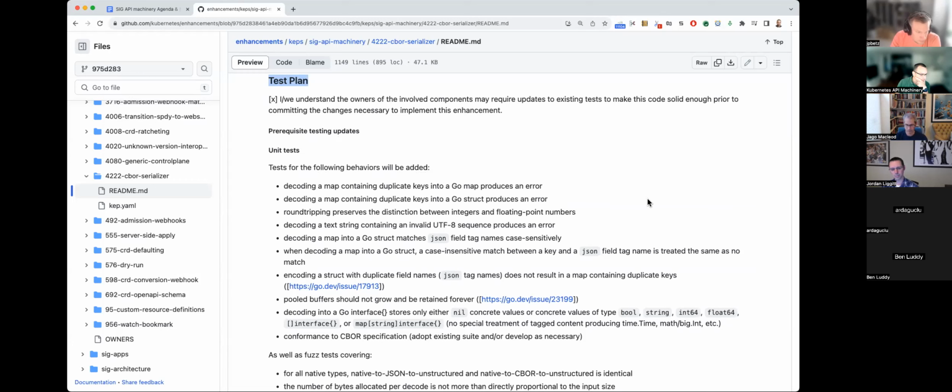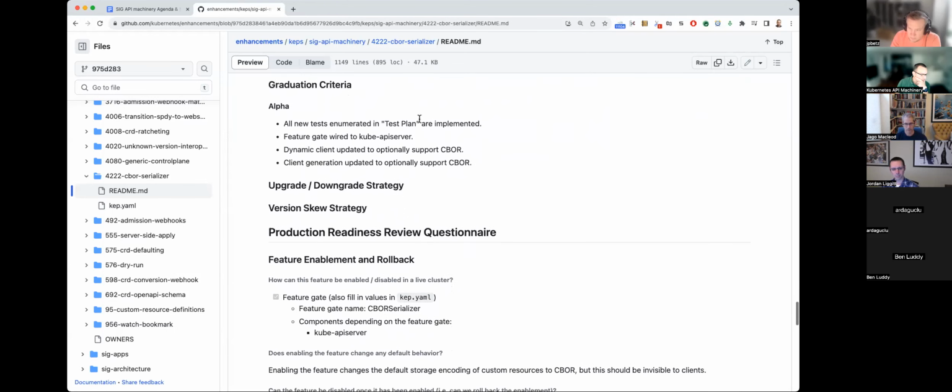So maybe if we could scroll to the graduation criteria. Right, so basically right now, for alpha, I'm thinking the entire list of unit tests, integration tests, and fuzzed tests that are listed in the test plan must be implemented before this can even be exposed. And we also need to make updates to the dynamic client to allow it to use CBOR if explicitly enabled. And I think we also want client generation to support CBOR for folks who are generating clients for their CRDs. But I'm interested to hear other criteria